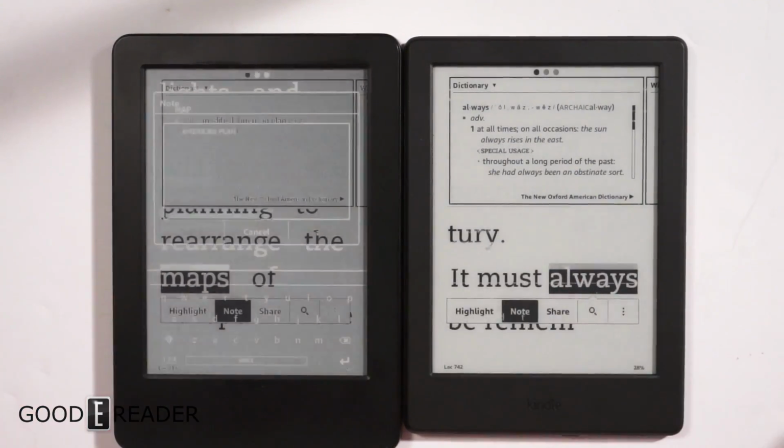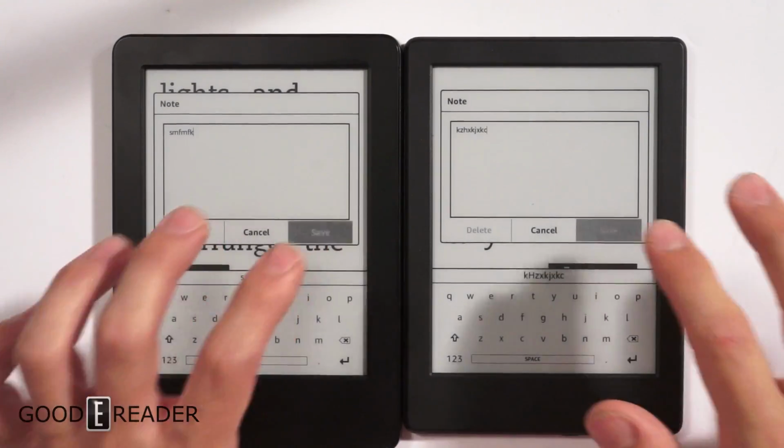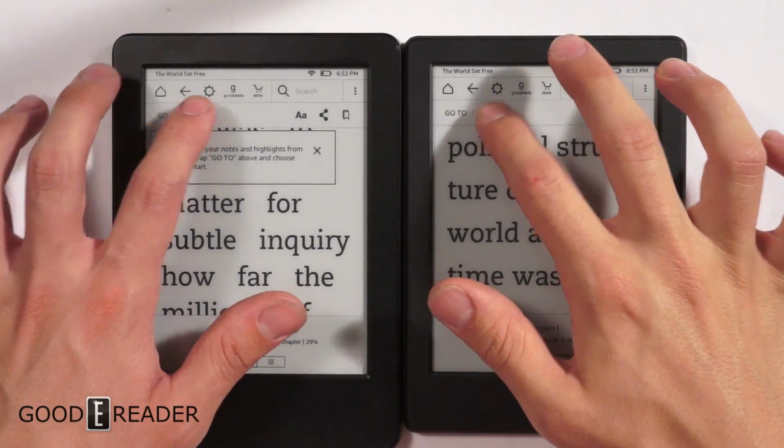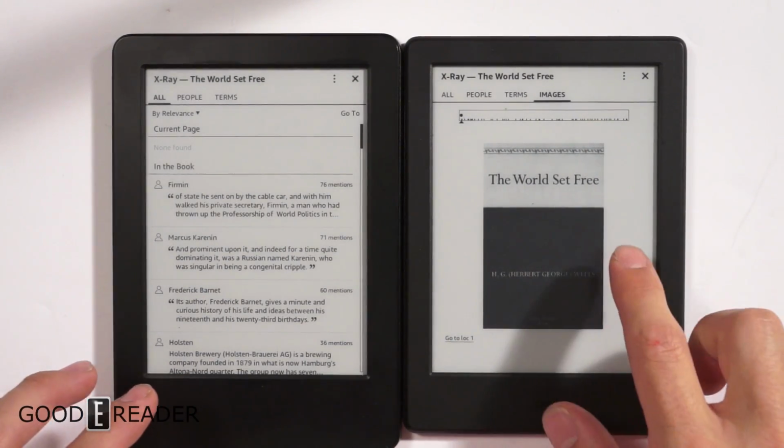We can make notes. And once again, they've been updated, so they both have the same keyboard. So this is basically the reading experience on both of these guys. I missed that one. So this is